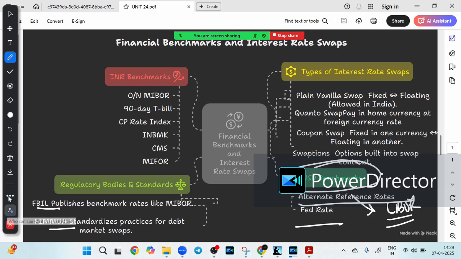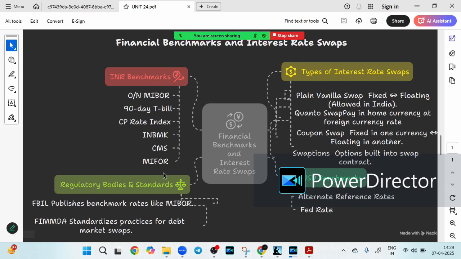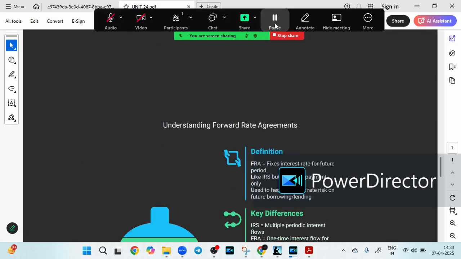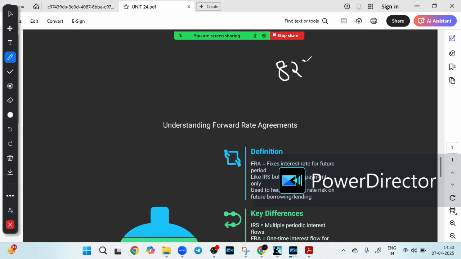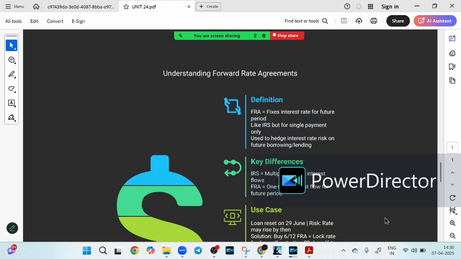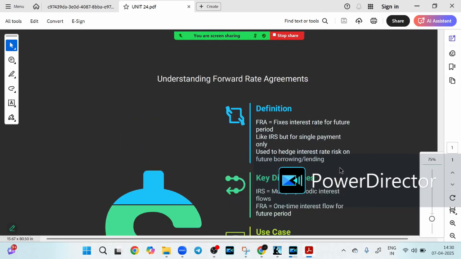Now friends, let's look at FRA. Have you ever worried about interest rates rising before your loan starts? Tell me. Suppose you have taken a loan, and before the loan starts you are worried about interest rates rising. Have you ever done that? So with a forward rate agreement, are you sealed against this risk? Yes. A forward rate agreement, or FRA, lets you fix an interest rate today, right? You can think of this like an IRS. It's just like an interest rate swap, but with a twist. What is the twist? The twist is that it is just one single payment, not a